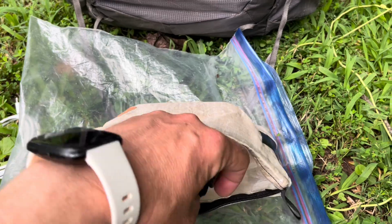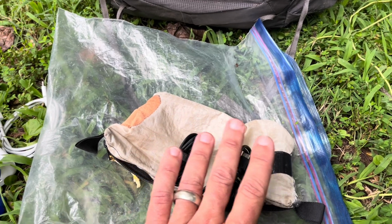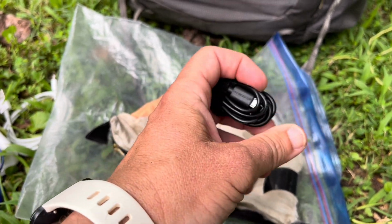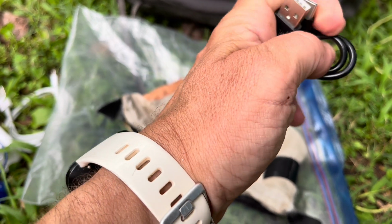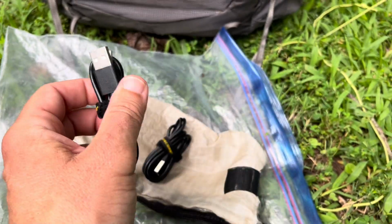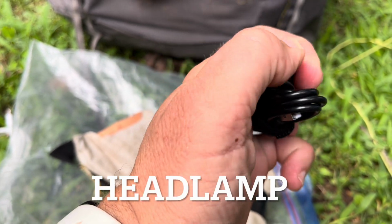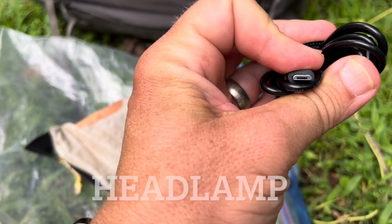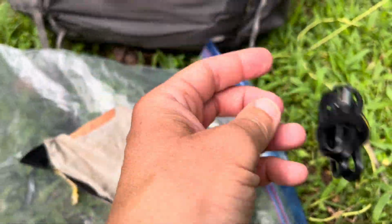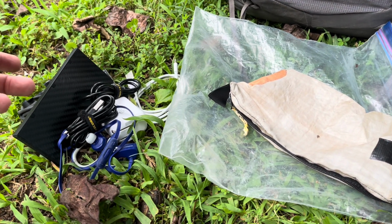Inside here were 2 cords. If you really wanted to be ultralight and have a better setup, you could make sure that all your electronics just worked off of one cord. A lot of electronics now are going to the USB-C port, so you could have a setup where you only needed this one cord, and you could charge everything. But I did need to use the 2 because my Nightcore is last year's model, so it has this type of cord, and then this also charged my headphones as well. So anyway, you could definitely get a lighter electronic setup than what I had, but this wasn't bad, and it